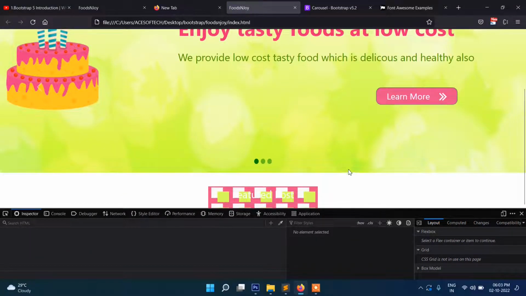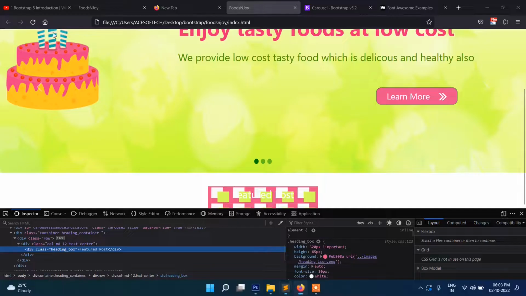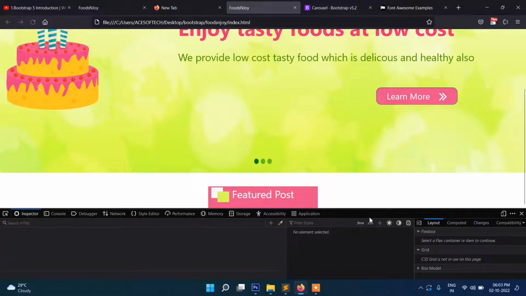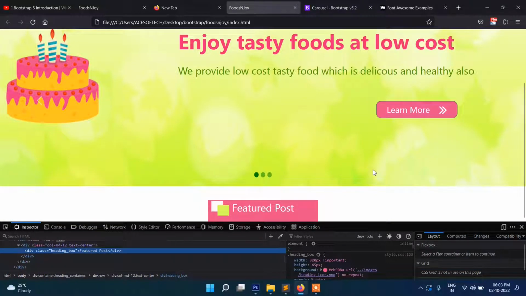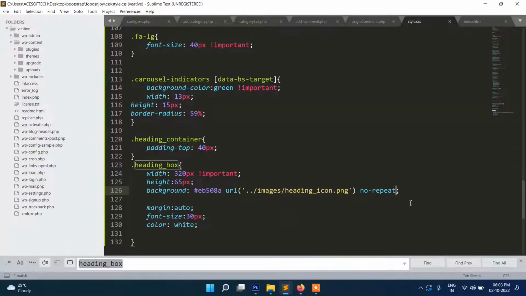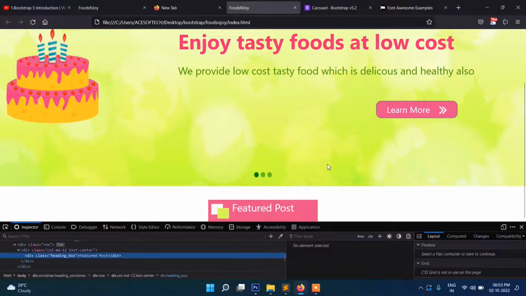Okay, so no-repeat means background repeat will be no repeat. And left means position left, so it's already position left. Now this featured post,